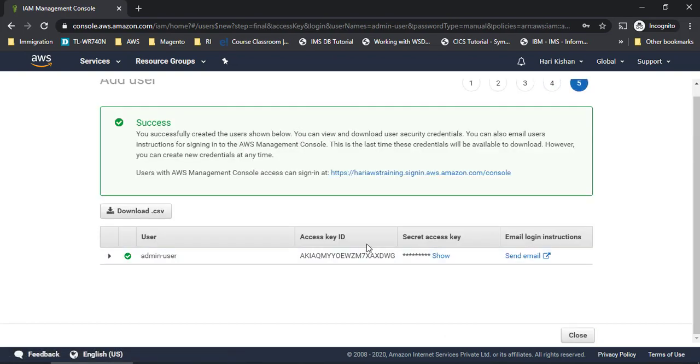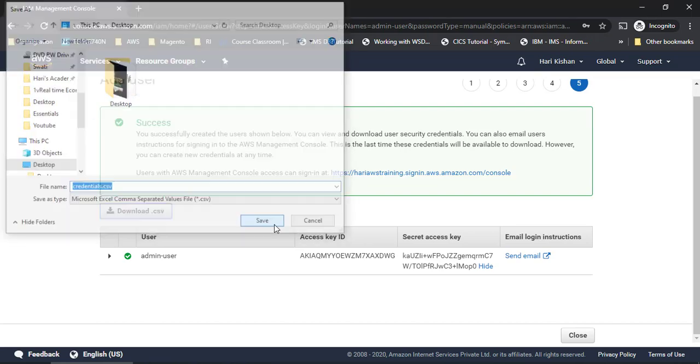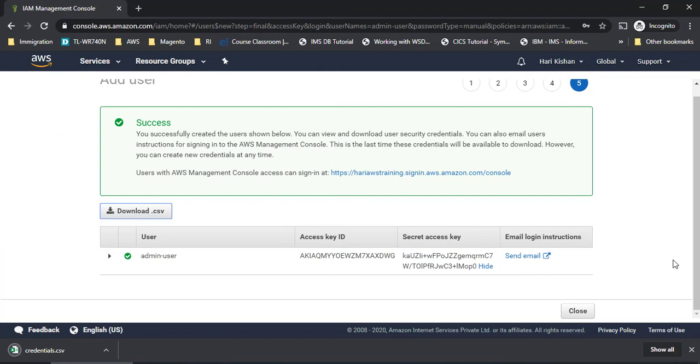Okay, so after you have created a user, there will be an access ID and secret access key, which I'll show right now. But again, I'm going to delete this key because this is a very important key which will allow you to log into your particular account. And I will download the CSV, which is important because this is the file which will have all my credentials, which I can use to talk to different services, right?